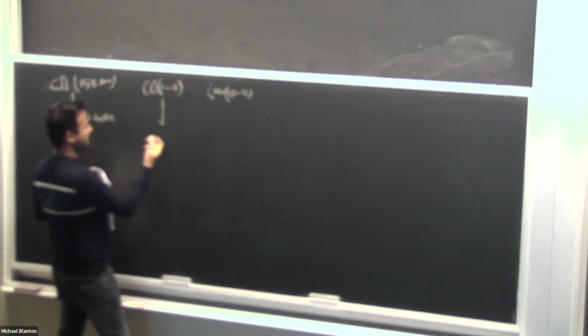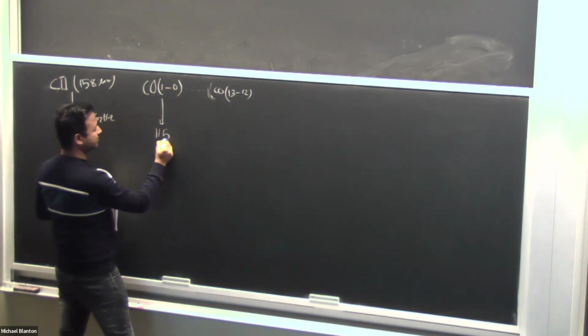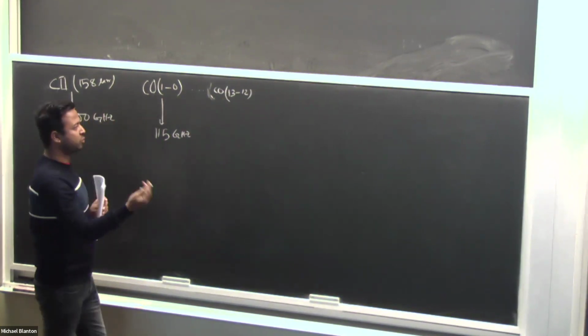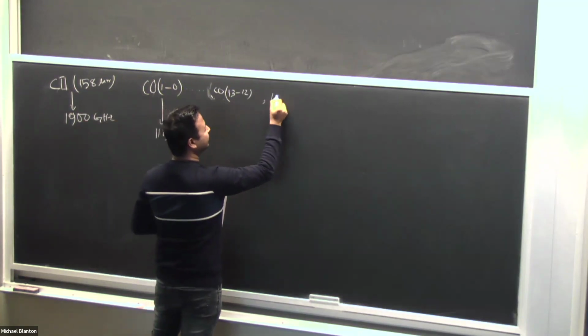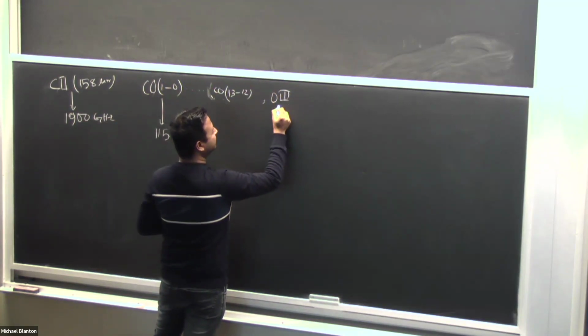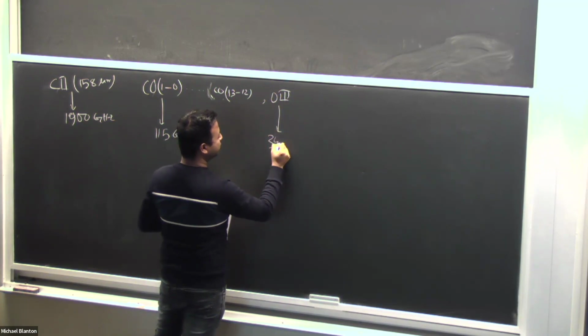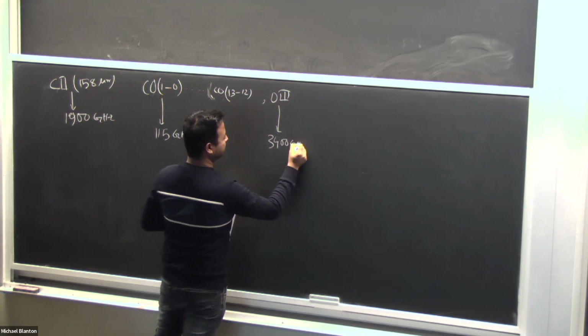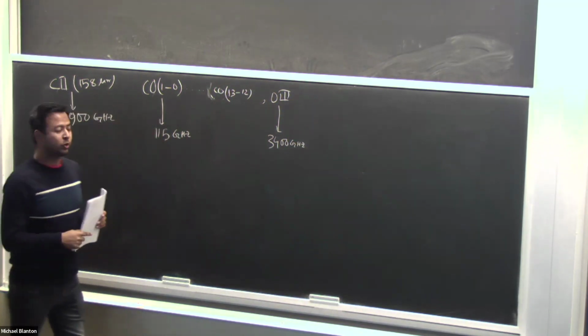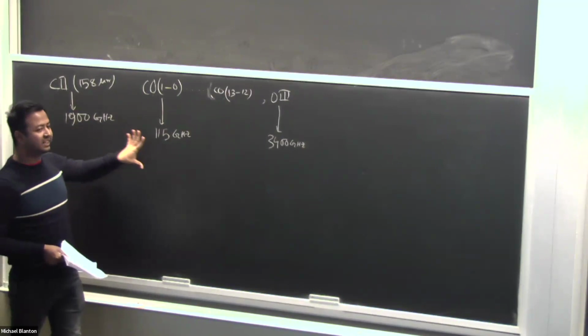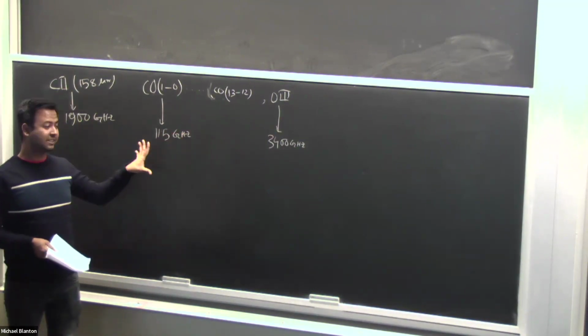This frequency is 115 gigahertz. And you can also do oxygen III if you're lucky, which is around 3000 gigahertz. So when I'm talking about multi-line intensity mapping, I'm basically talking about different atomic and molecular lines